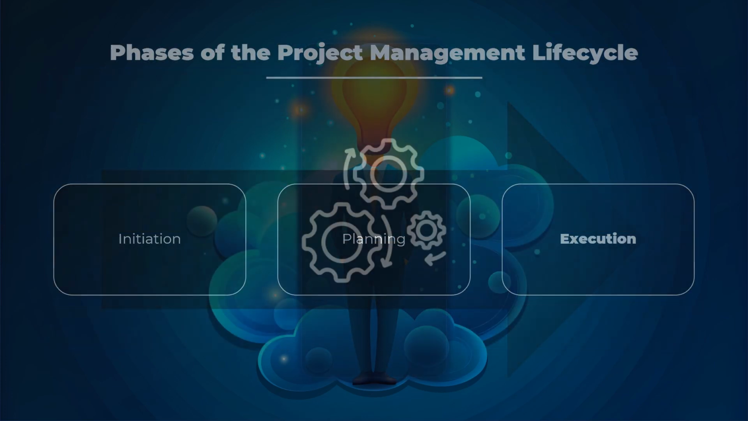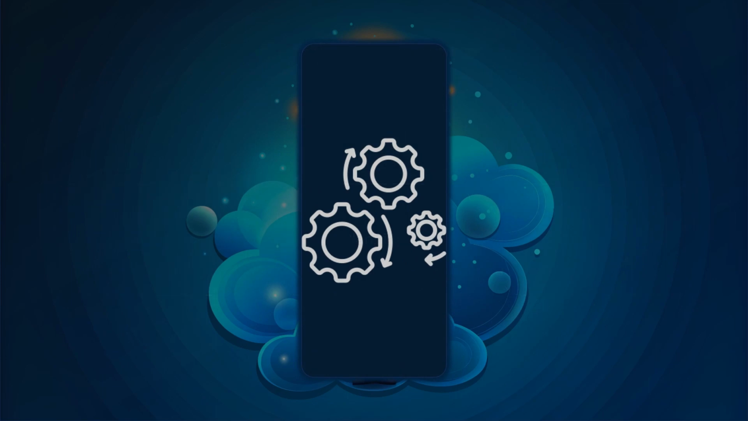Execution. The execution phase is where the project plan is put into action. It involves coordinating and managing the project team, executing the planned activities, and monitoring progress. The key activities in the execution phase include managing the project team,